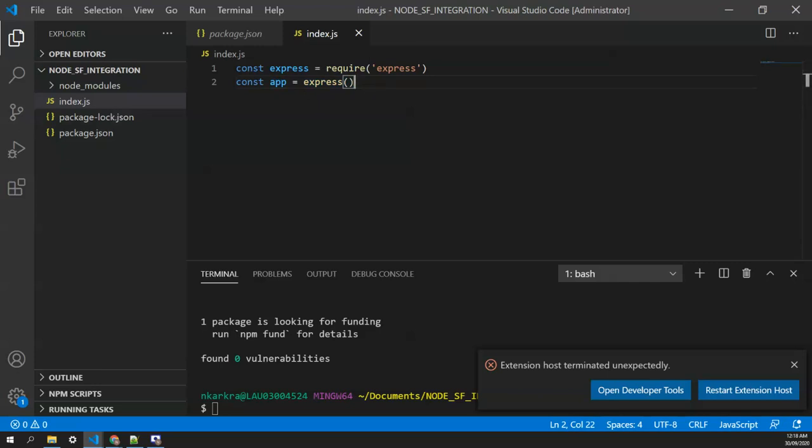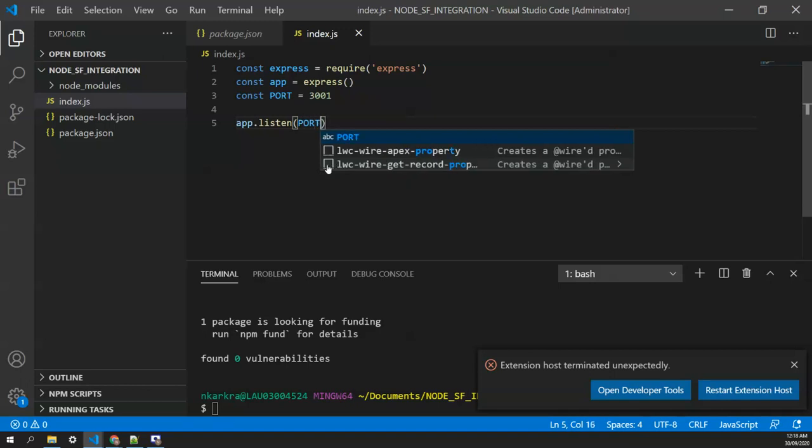And then after that, we're gonna create the port on which we want to run our server. So I'll say const port = 3001. It can be any. I have given 3001. You can give 8000, 8001, 3000. And I'll spin up our server and say app.listen. So we are saying to the app, once the server runs, listen to the port. Port is nothing but the port number.